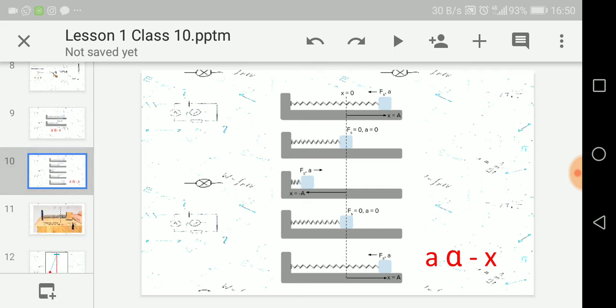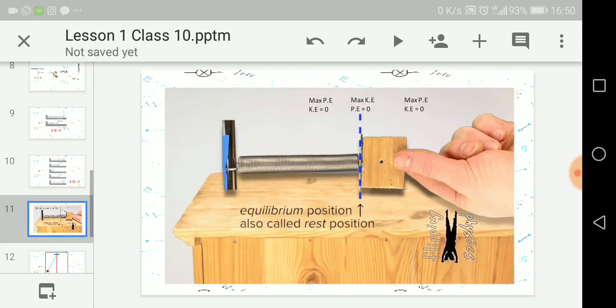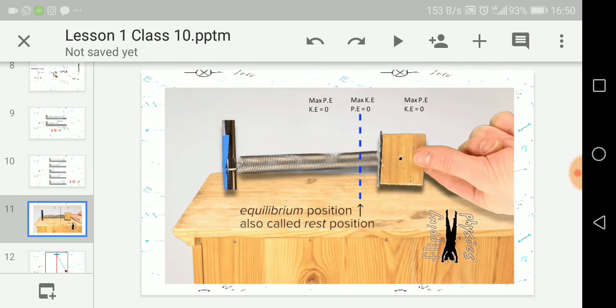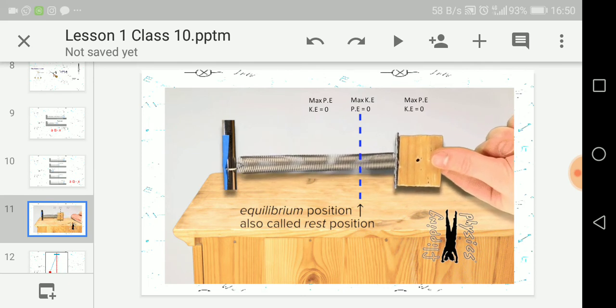Then again it doesn't stop here because of inertia, so it moves rightwards, and then again the spring is plucked, and it is the same. These five phases of the motion continue to happen forever, and the mass continues to oscillate between the leftward and the rightward position, and each time it passes through the mean position. This is how it happens practically.